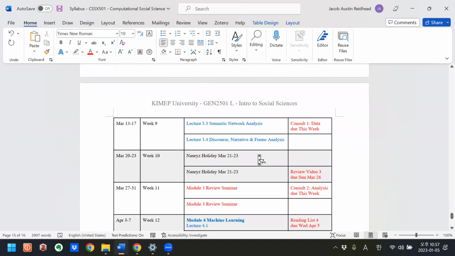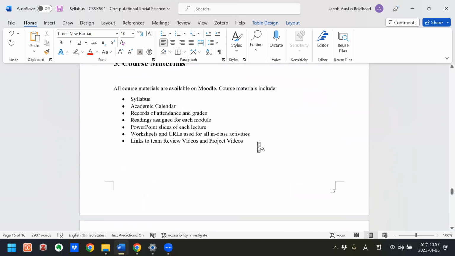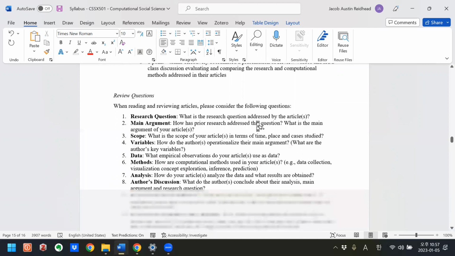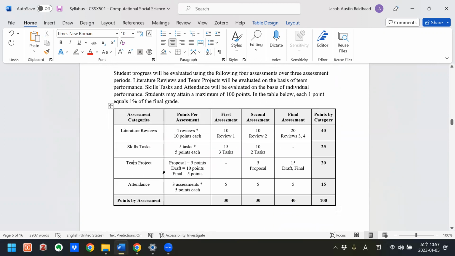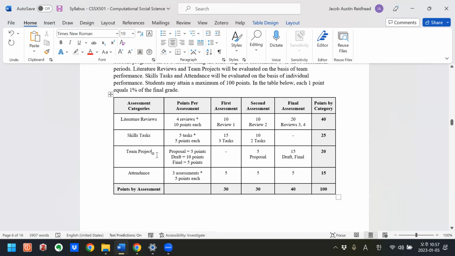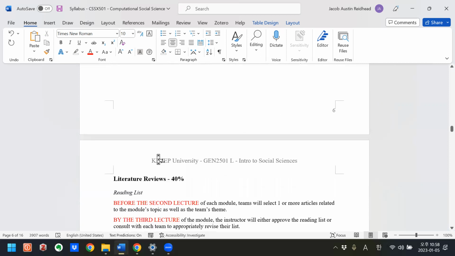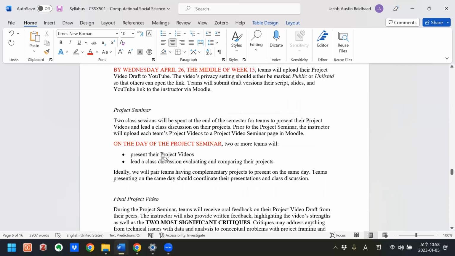No midterms, no exams. All of the work is encapsulated in these 3 basic activities: the literature reviews, the skills tasks, and the team project. So I hope it's a good balance of theory and methods. And I also hope it's a good balance of specific knowledge about these computational methods,